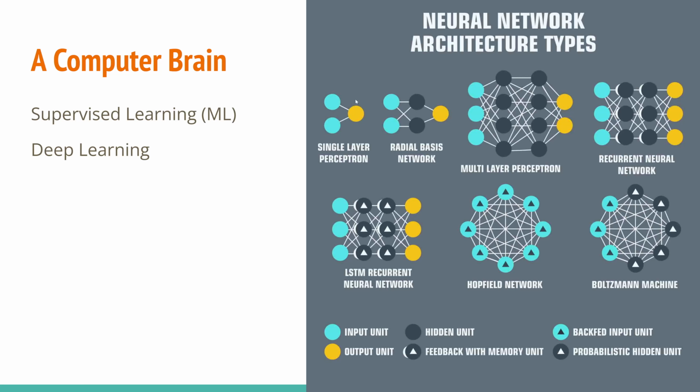Now, a single perceptron is two nodes with two edges connecting to some type of output node. So that's the basis of all neural networks. And then from there, you can grow it to be a bigger network. A multi-layer perceptron is the most basic neural network type. The recurrent neural network is a more advanced one that allows for,